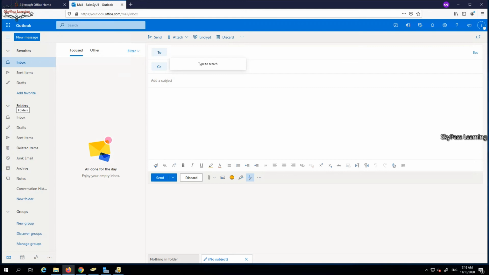I think I forgot that ID, or not yet. It was SkyPass test 1 at outlook.com. This is an external email account which exists on Microsoft Outlook.